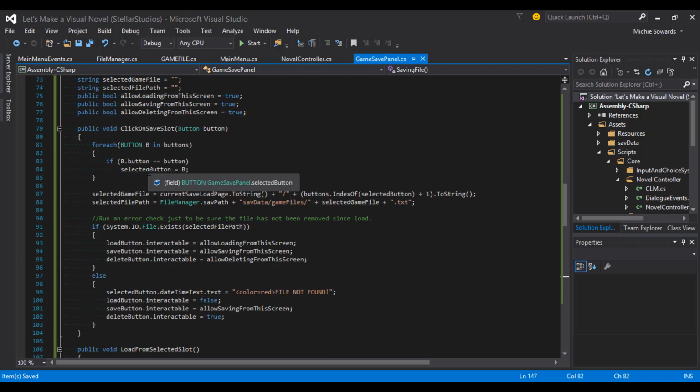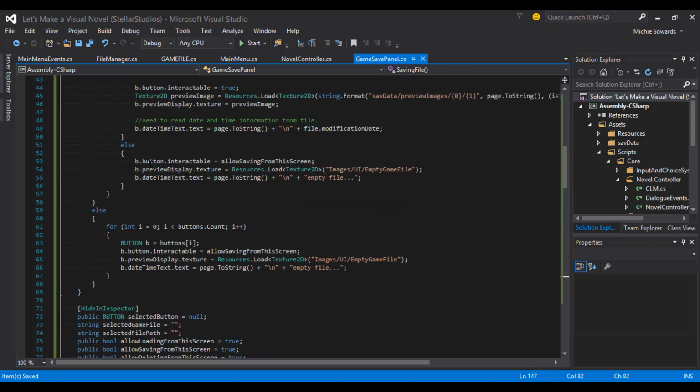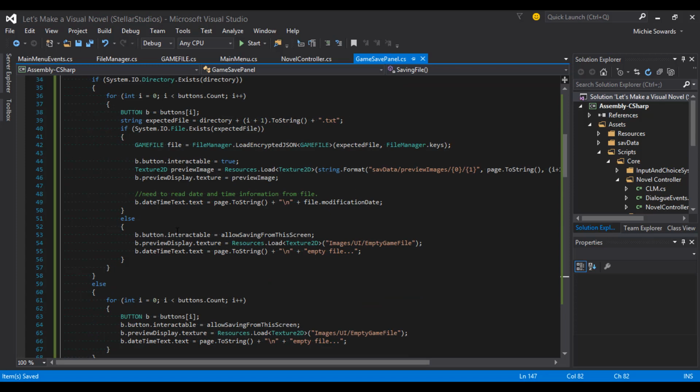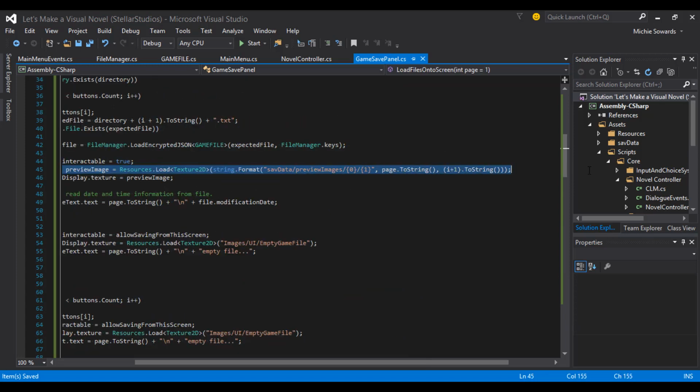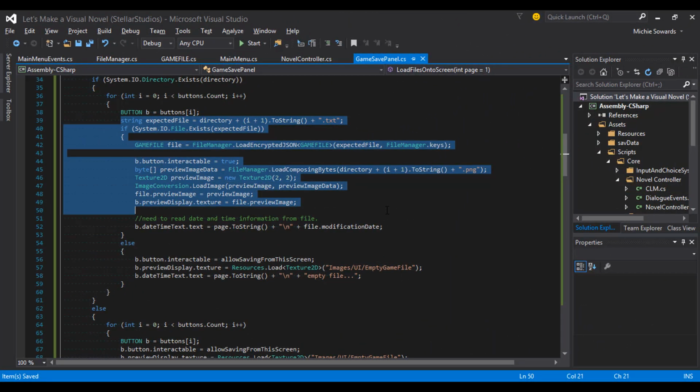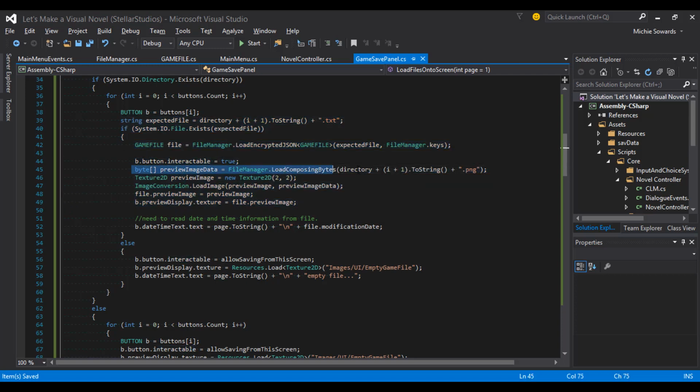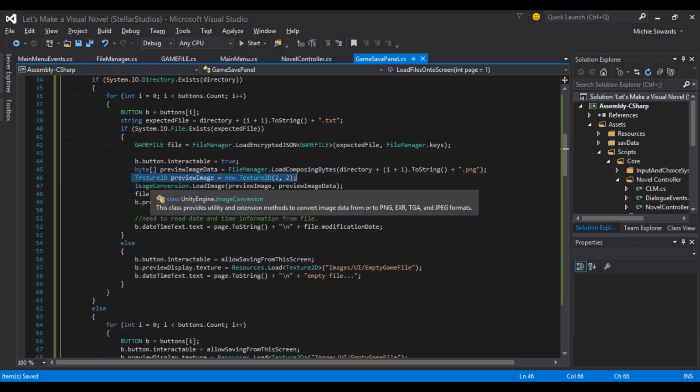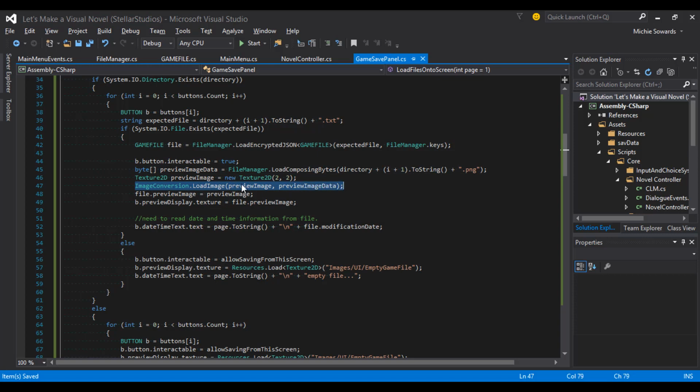Now when we click on the save slot, back in our game, save panel, looking up here, our texture 2D preview image equals resources.load, texture 2D right there. So we load that texture, and then in the game save panel, where we set the interactable, we have the byte array of the preview image data. So we'll load the composing bytes of that PNG, and then we'll get the image from it. And then file preview image, we set that as the preview image, and then set the texture to what we just retrieved. So we're taking the bytes of the file that we saved, converting it to a texture,